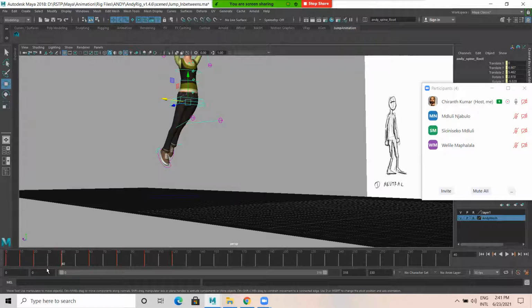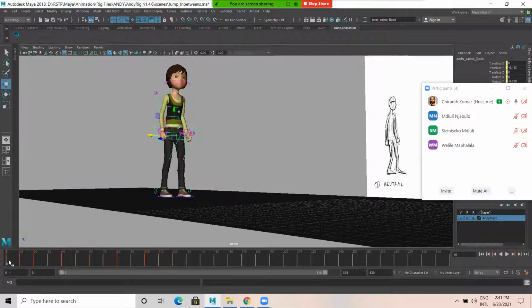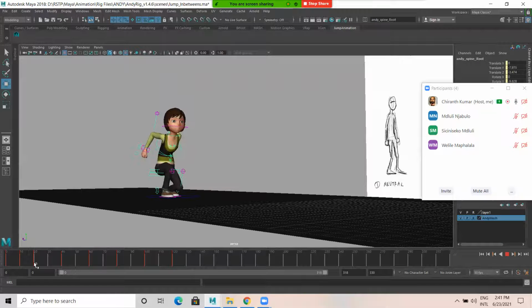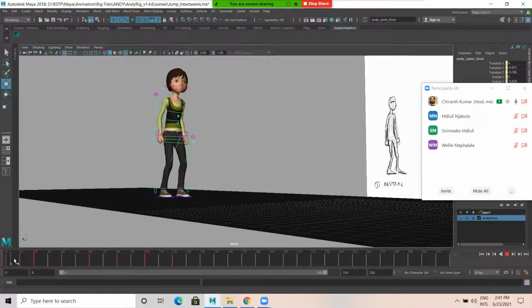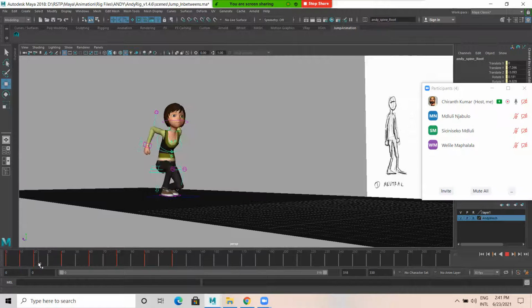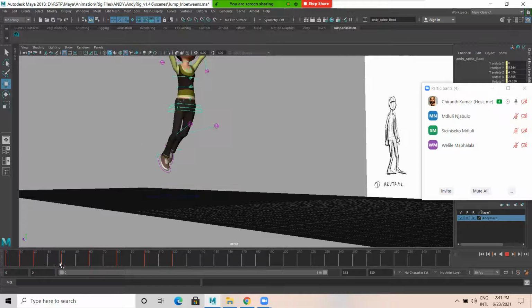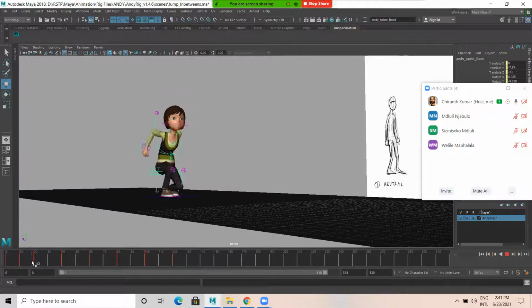I would like to give some weight, for example, from here to here. See frame pose 1, pose 2, and if you see pose 2 to 4, all of a sudden it's going. I would like to give some time here, because from this pose to this pose, some push is required. So that's the reason.